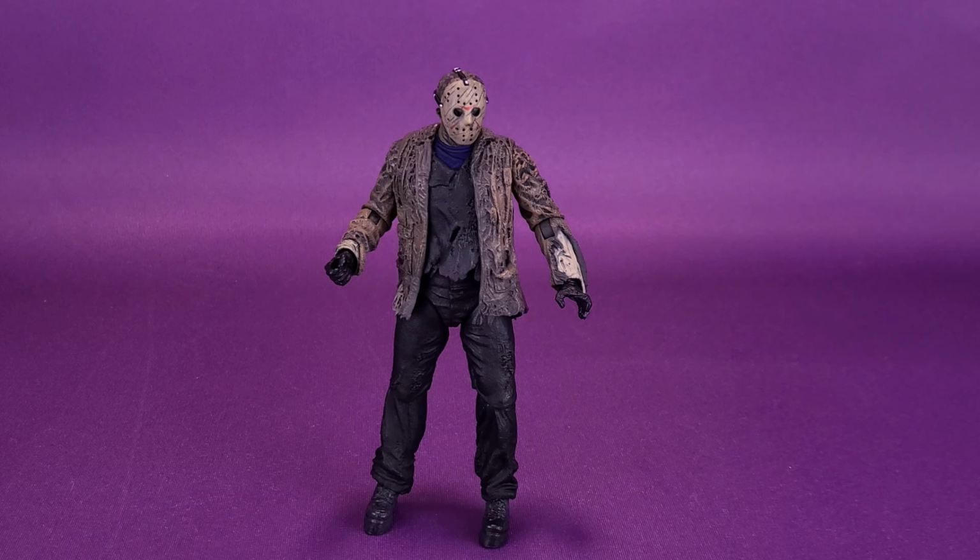Maybe if they will consider re-releasing this guy again as a version 2, I would be open to the idea of maybe having flame attachments that you could attach to his body, so when you see him in that outdoor party, you could recreate that look. And I would most definitely include a head of Freddy that you can attach to the inside hand of Jason